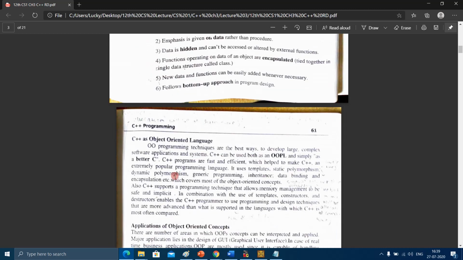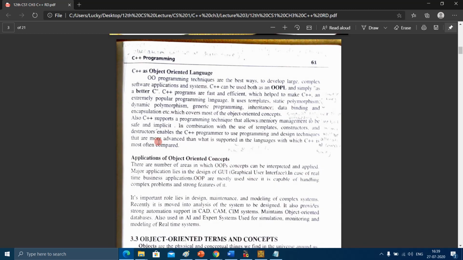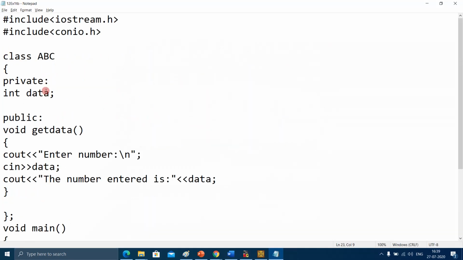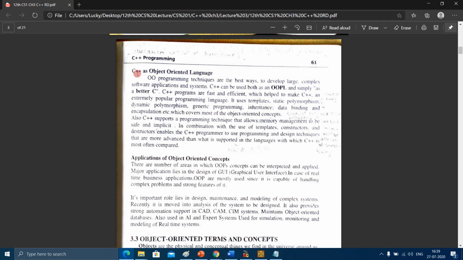Now we have to see C++ as object-oriented programming. We actually started with C++ only, the example which we saw of object-oriented programming. So here we will see C++ as object-oriented programming. Okay, so I think I should continue this in the next lecture. And I think we should stop here.